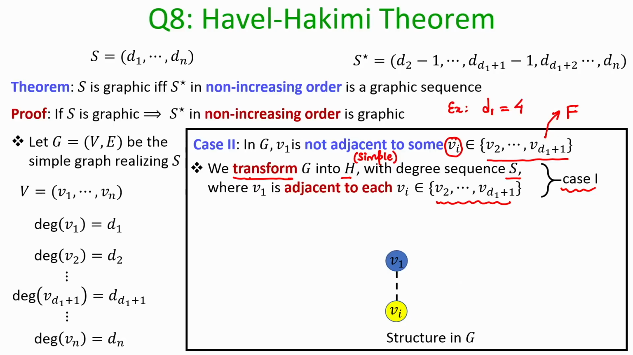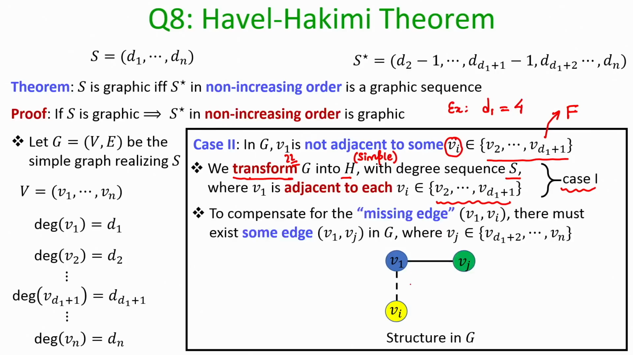So, now everything boils down to how exactly we do the transformation. The transformation is as follows. Remember, the structure in the graph G is the following. There is at least one node V i in the set F such that the edge between V 1 and V i is missing. And I also know that since the degree of the vertex V 1 is d 1 and the edge between V 1 and V i is missing,